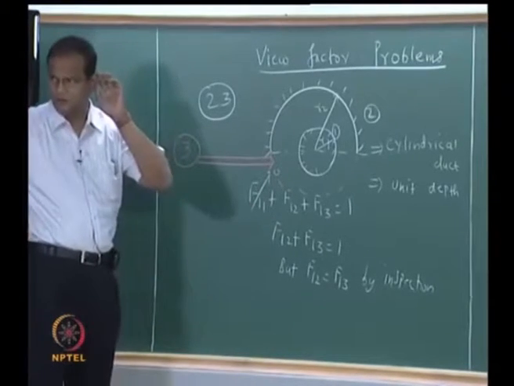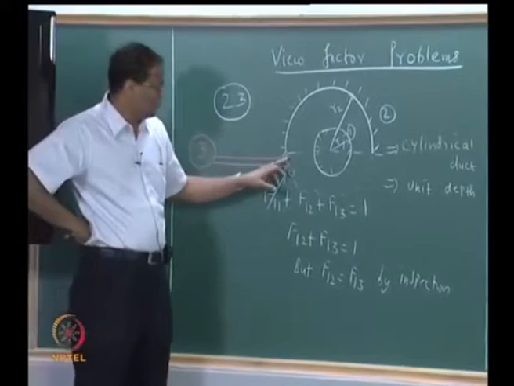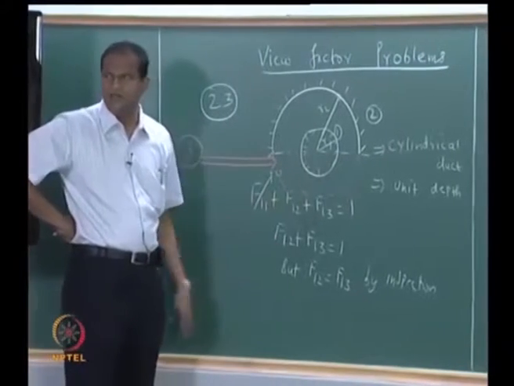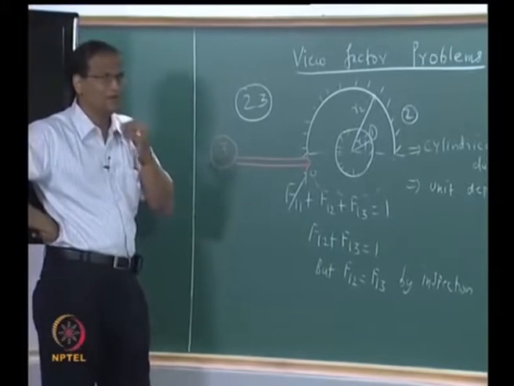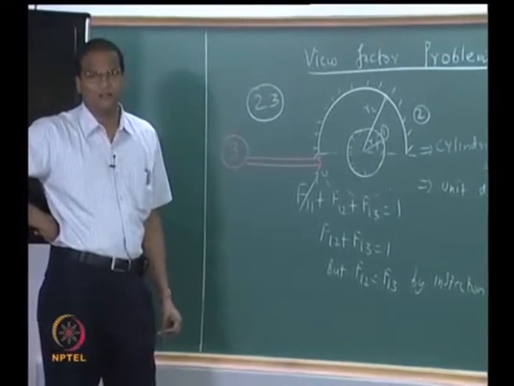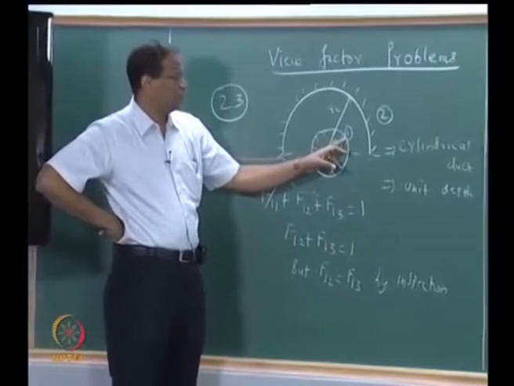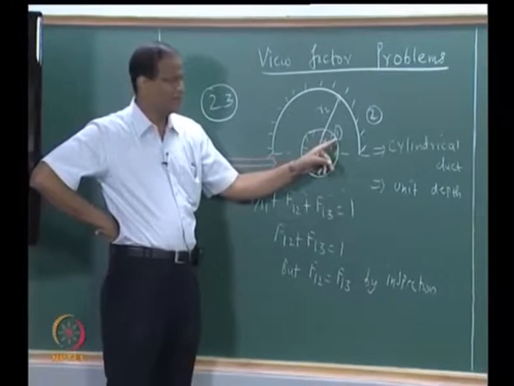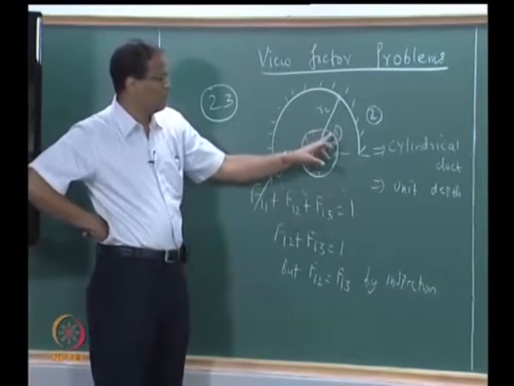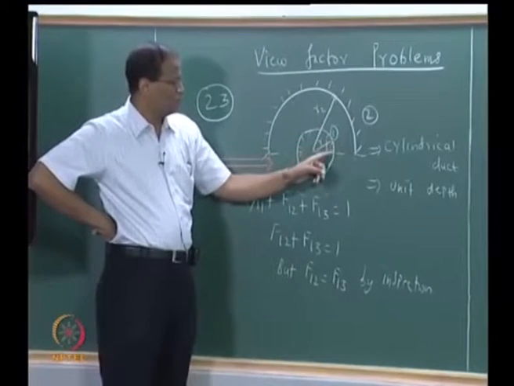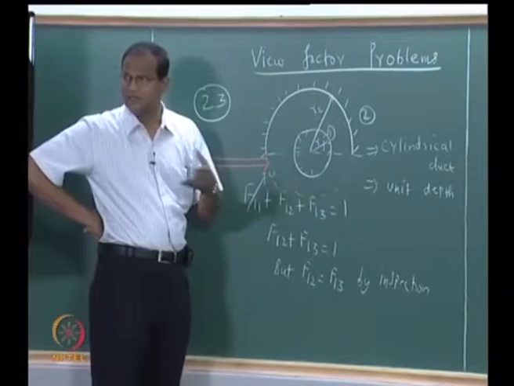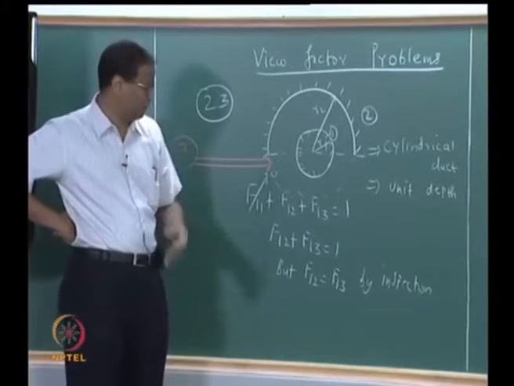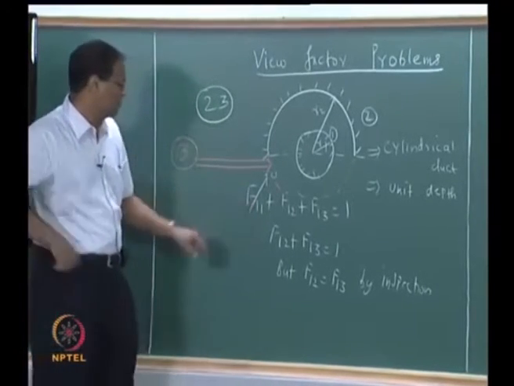We wanted to get all the view factors. So we connected the bottom and called it 3. So now there are 3 surfaces. We started out with our view factor algebra. Now as far as 1 is concerned, there is no self view factor, f11 equal to 0. Now 1 to 2 and 1 to 3, there is no preference, it has the same thing, therefore f12 must be equal to f13.